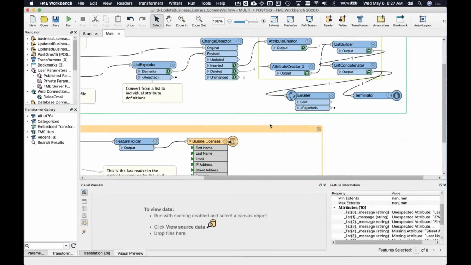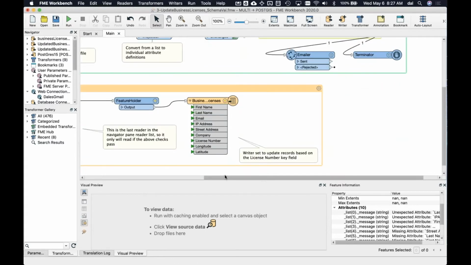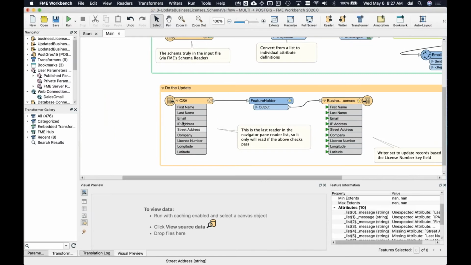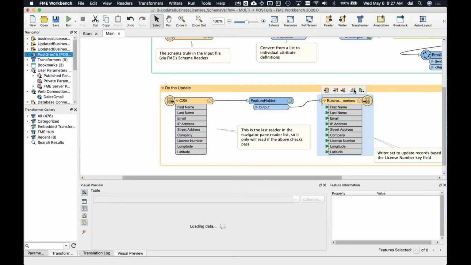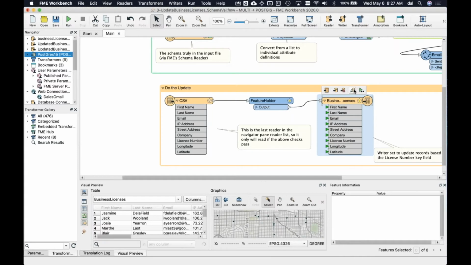Now the bottom part of the flow is basically saying, look, we're going to read things from the CSV. We'll hold on to them just to make sure that the top part completes just fine with the feature holder. And then we're going to go for running the business licenses. Again, if I look at the business licenses, they should have the Jack and friends. Come on, big business licenses. Yes, there they are. If I go ahead and just run this whole thing,